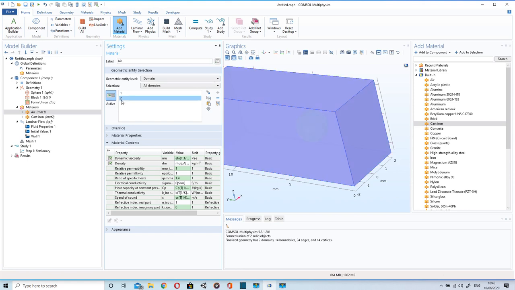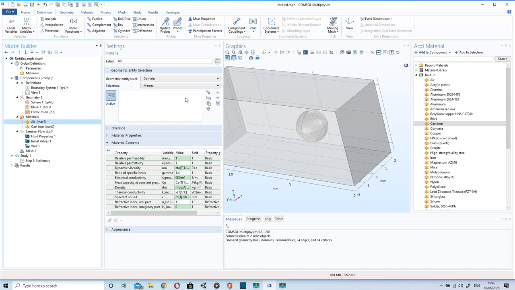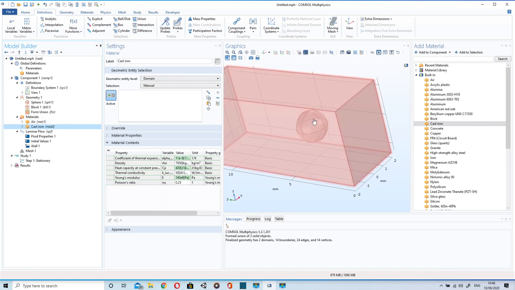Remove the sphere from domains of air. So the box is now air. I can again assign domain to air by selecting the box.